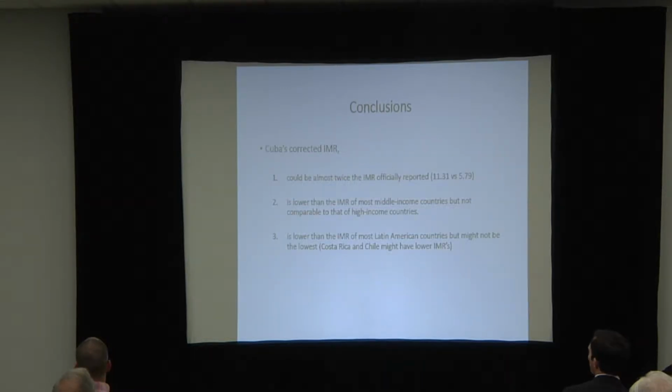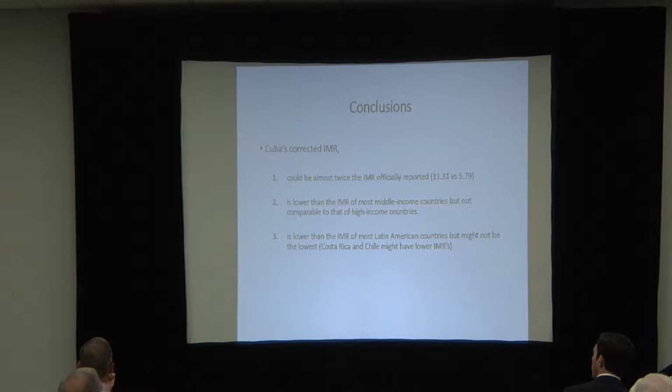So conclusions to finish. So 3 main conclusions. One, looking at that 11.31 and the 5.79 reported by Cuba, you could guess that it's almost twice the true infant mortality rate could be almost twice the reported one. So once you take this new measure, the 10.15 that I showed you before, and you compare that,